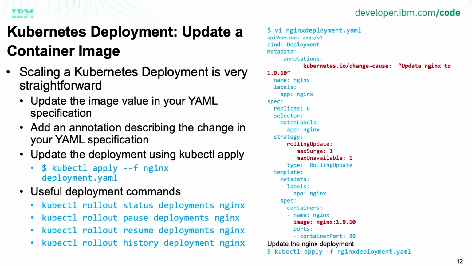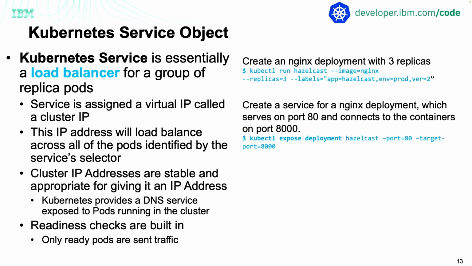So built into Kubernetes, you've got great support for scaling, you've got great support for rolling out new images. You can roll out just a little bit and see how it's going. You can pause it, you can revert it. A lot of power there to look at. Now, another thing to look at is